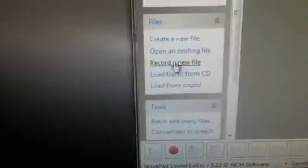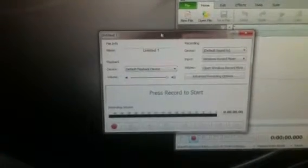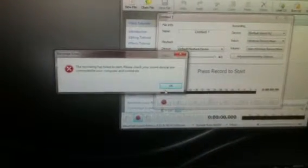And there's this little thing down here that says record a new file. You click on that, and then this will come up. And when the preacher starts preaching, you just hit the record button here, and then it will start to record. Oh, and of course none of the sound devices are turned on, so it's not getting any sound input. That's why, there we go, now it's starting up. And so it's starting to record, and when you're done, you hit stop,